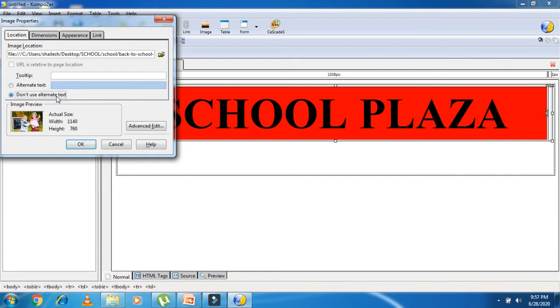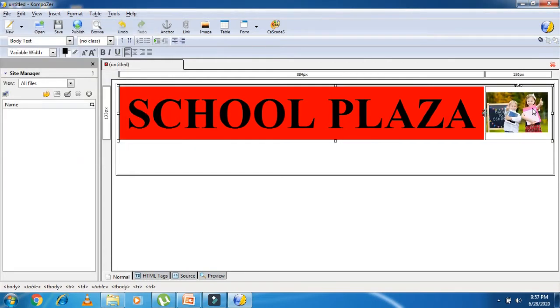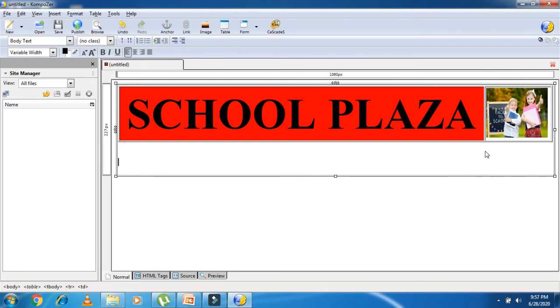Don't use the alternate text option. Dimension you have to set 150. Okay, so it's set over here. If you want to increase the logo size, you can increase it, students. It's looking good. Okay, this is the logo.